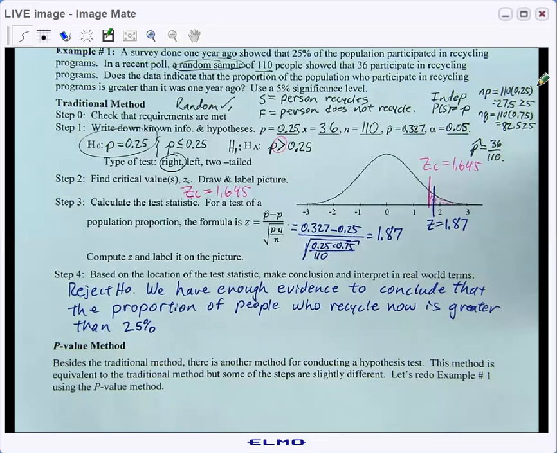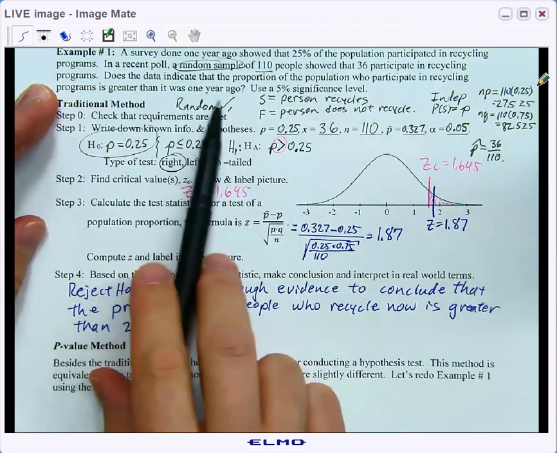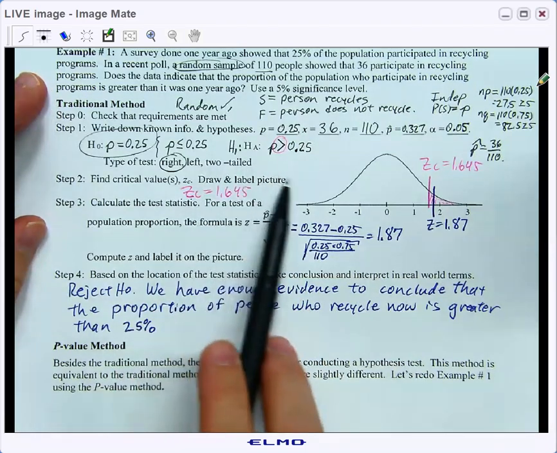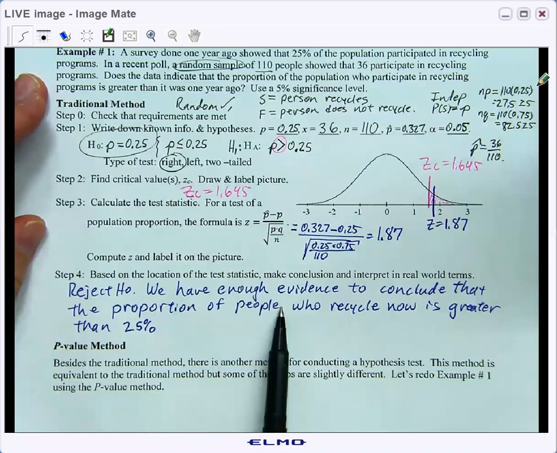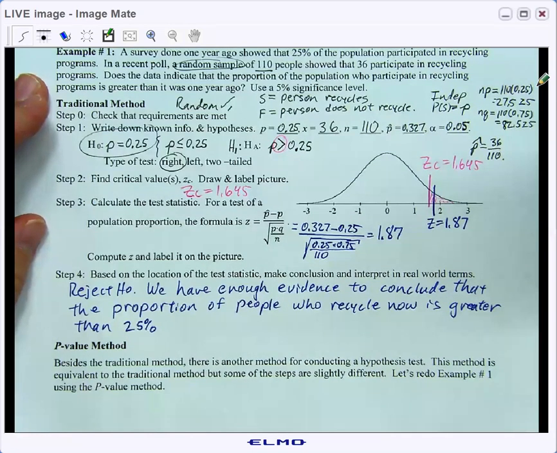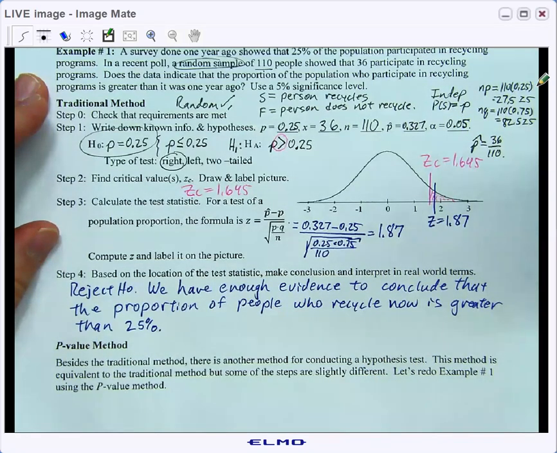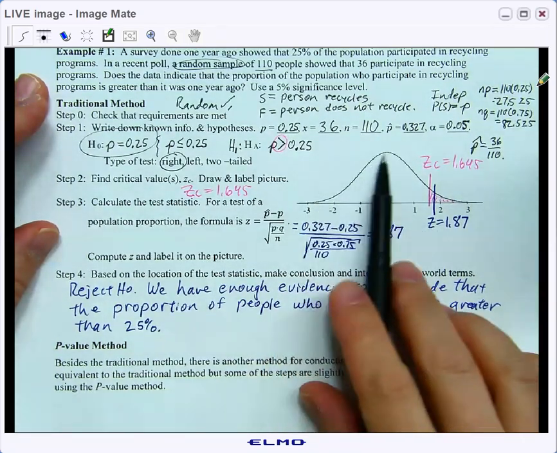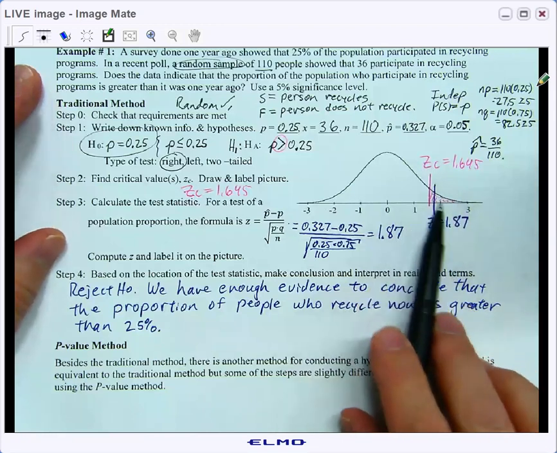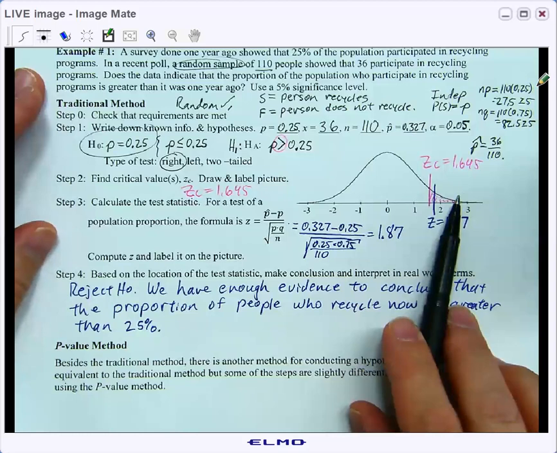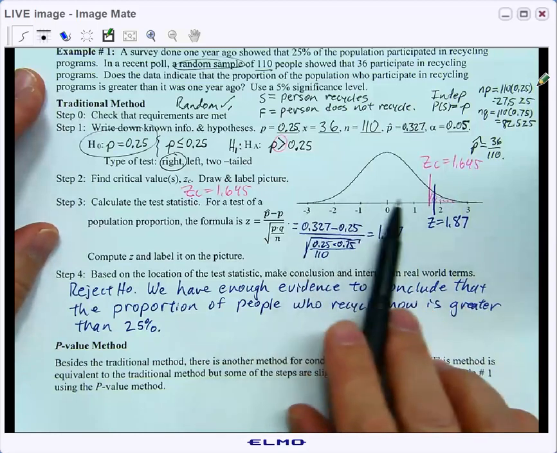Welcome back to part 2 of our testing a claim about a population proportion. As a quick summary, we did a hypothesis test using the traditional method and found that we have enough evidence to conclude that the proportion of people who recycle now is greater than it was a year ago, which was 25%. That was the traditional method, where we drew this picture, found the critical value, found the test statistic, and saw whether it landed in the critical region and we reject H naught, or not in the critical region and we fail to